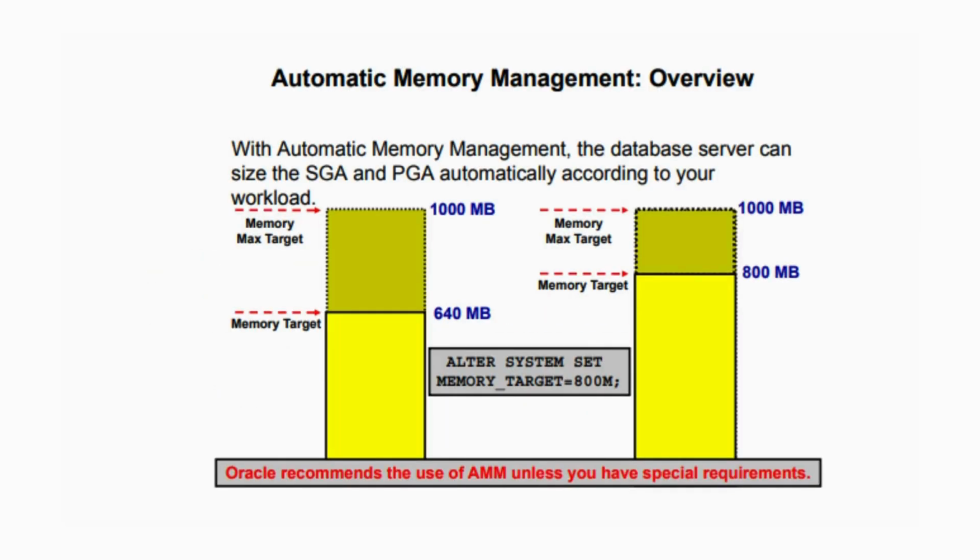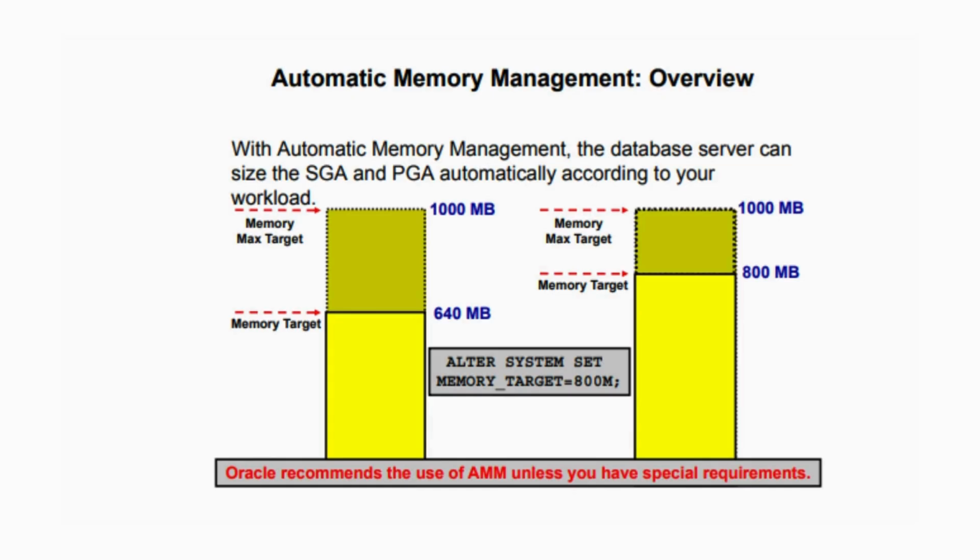Automatic Memory Management, AMM, allows the Oracle Database Server to manage SGA memory and instance PGA memory sizing automatically. To do so, on most platforms, you set only a target memory size initialization parameter, memory_target, and a maximum